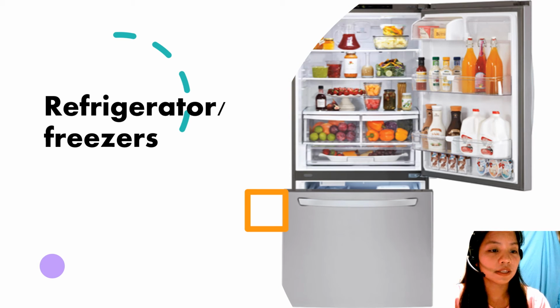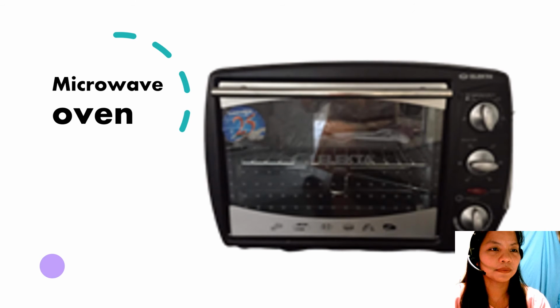Refrigerators and freezers are necessary in preventing bacterial infections from foods. Most refrigerators have special compartments for meat, fruits, and vegetables to keep the moisture content of each type of food. Microwave ovens have greatly increased their use in the food industry. Foods can be prepared ahead of time, frozen or refrigerated during the slack periods, and cooked or heated quickly in